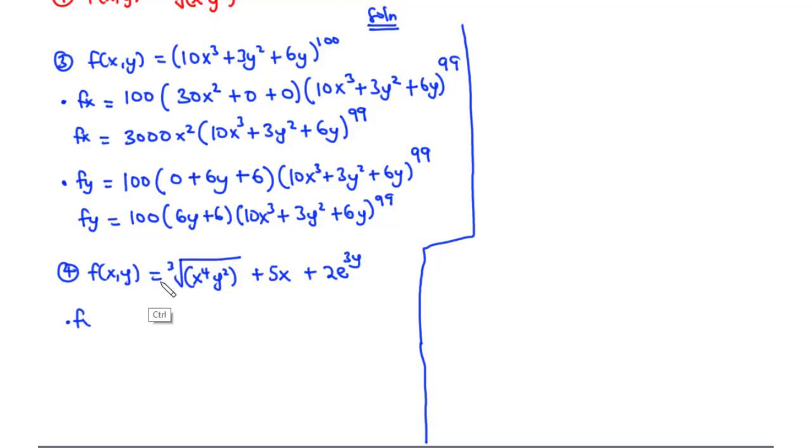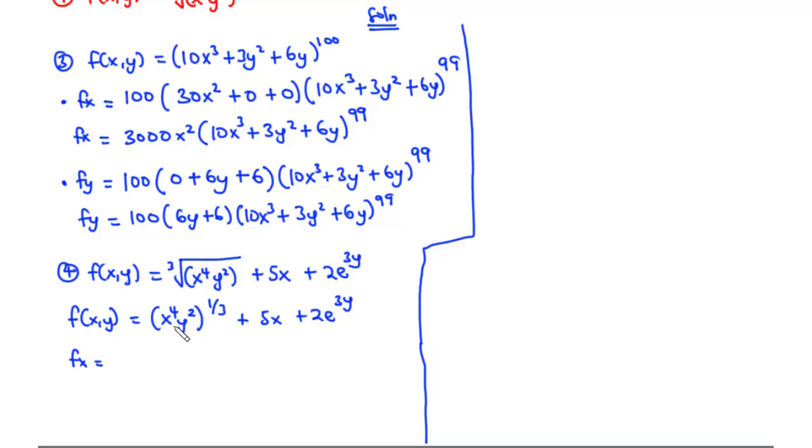first of all, let's try to represent this as, here we have the cube root of x exponent 4 y exponent 2, so we can represent this as x to the power 4 y to the power 2, all exponents 1 over 3, plus 5x plus 2e to the power 3y. So for fx,